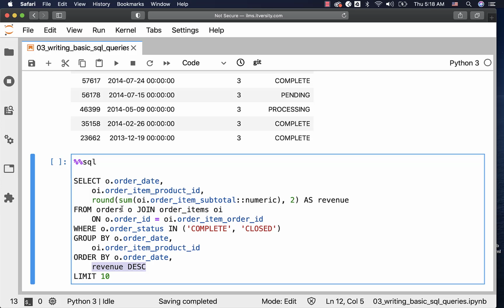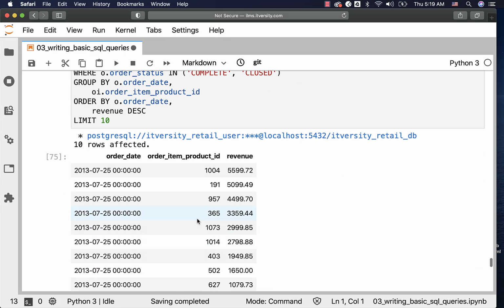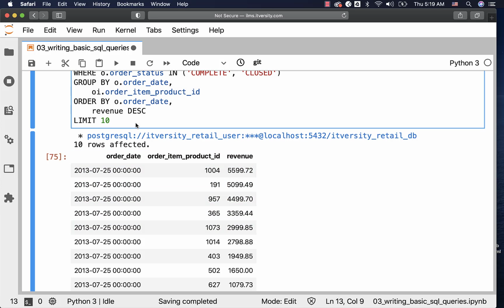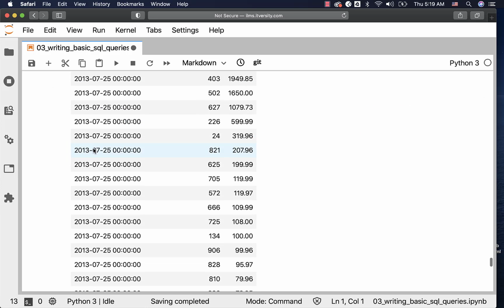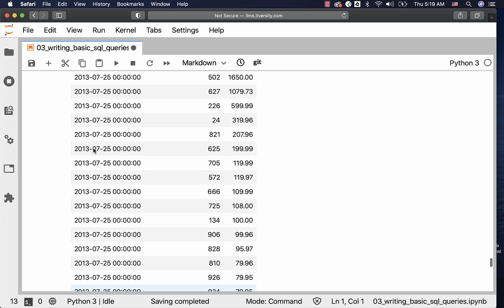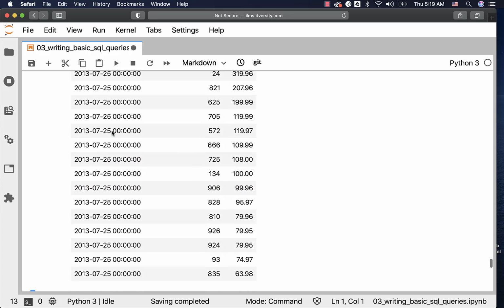Revenue is nothing but an alias to the function that is specified as part of the SELECT clause. It is nothing but an aggregate function. Now we can run this and we should get the results in ascending order by date and then descending order by revenue. Let's go through 25 records here and you can see the results. There are more than 25. That's why we are seeing all the records with the date 25 here.